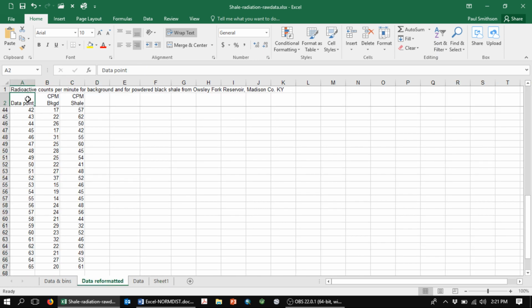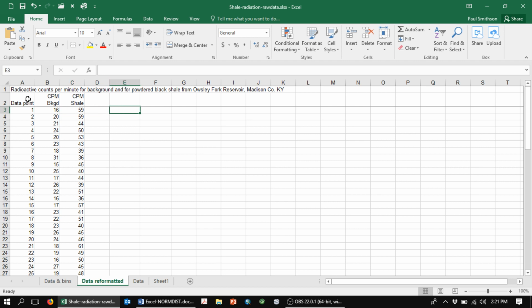So I've got my 0 to 65 minutes of counts, and I don't really need that, but here's my background counts per minute, and my shale counts